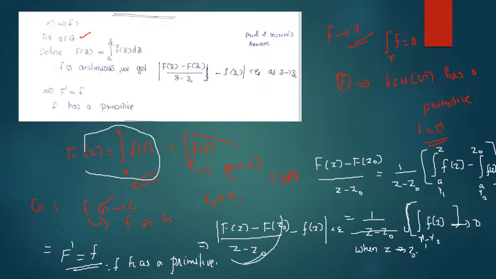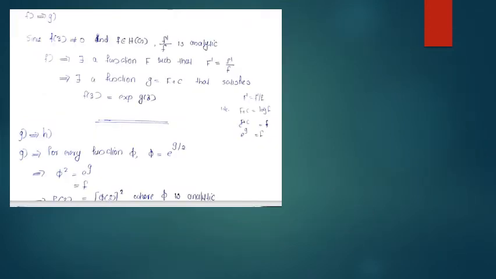Now comes the next section, that is F implies G. F gives that any f has a primitive. This is F. And for G, we need to prove that for any f belongs to H of G,